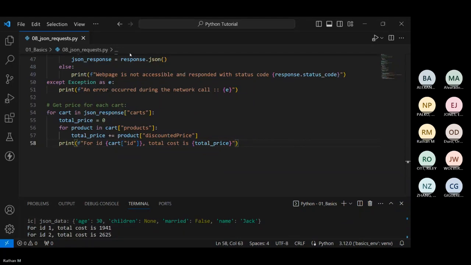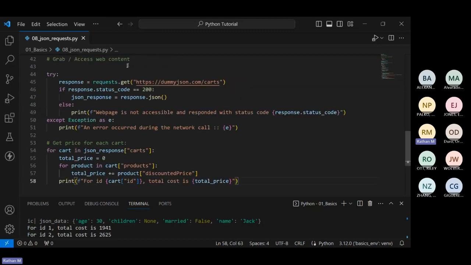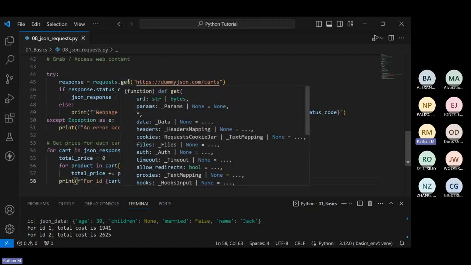All right. So I presume so far this is pretty clear in that sense, which means we can move ahead to the next part. All right. So yeah, let's go ahead over to the next part. Now, moving ahead from here, now that we know JSON and requests, it's not just get, you can use post, put,